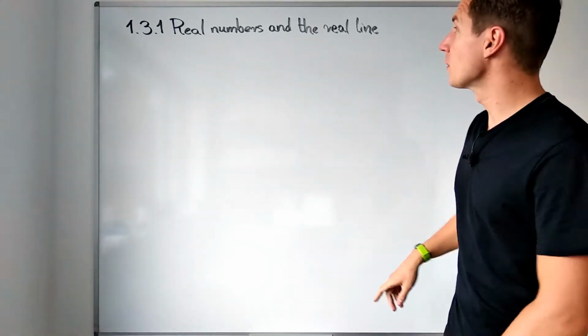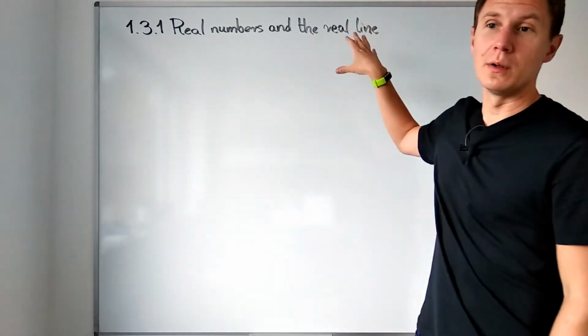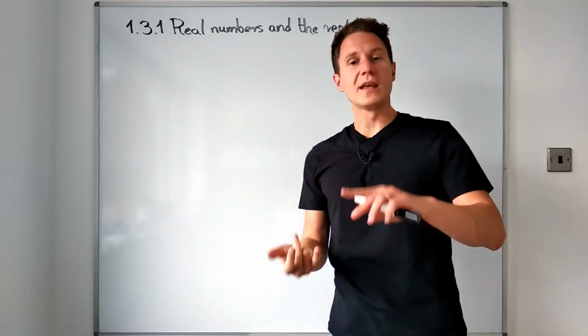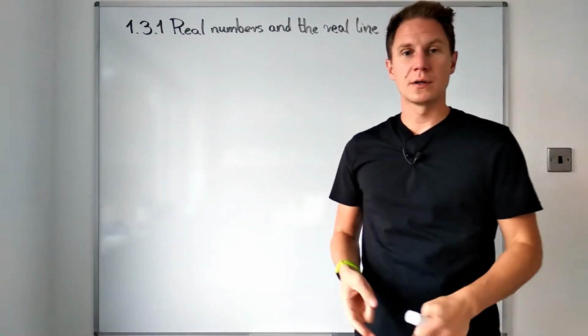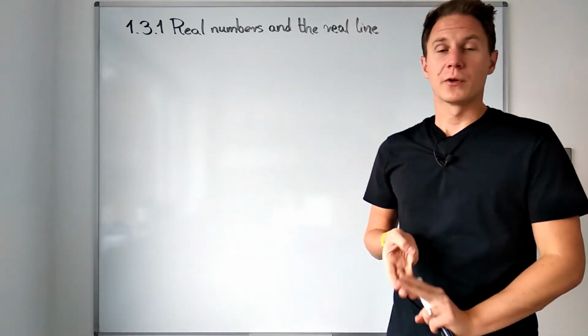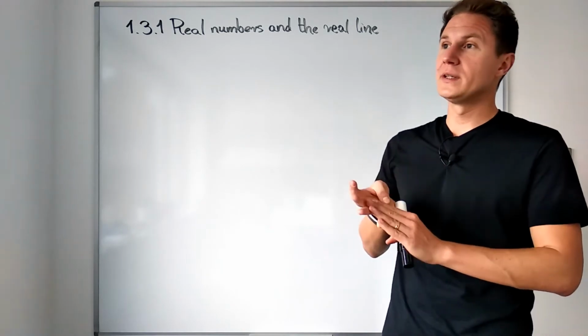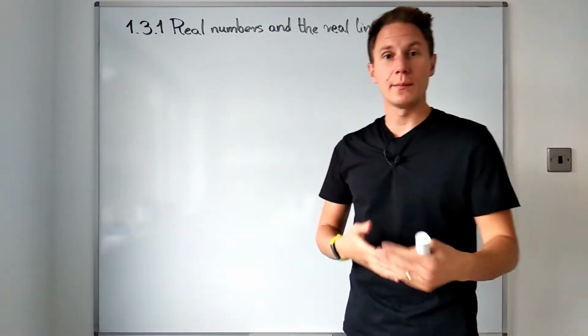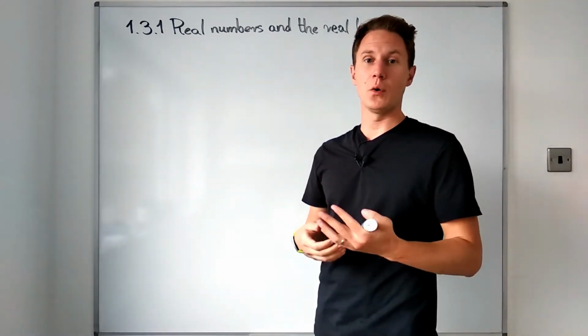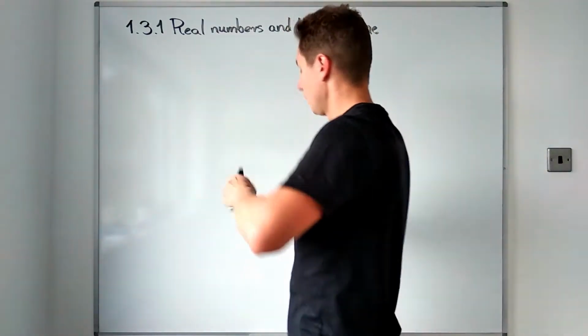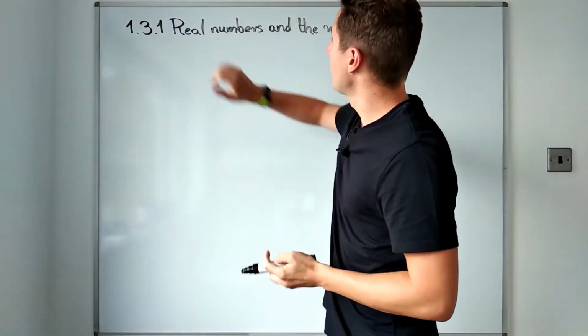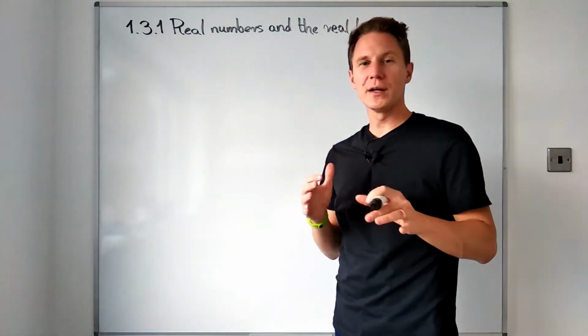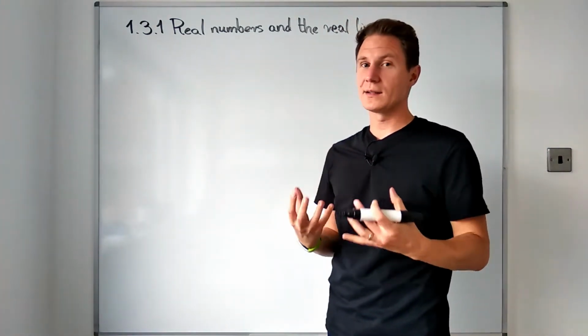In this video, we are going to look at real numbers and the real line. So far, we have seen natural numbers, integers, rational numbers, and even a few examples of irrational numbers, numbers that cannot be expressed as the ratio of two integers. So now we have arrived at real numbers, and I'm not going to precisely construct a set of real numbers